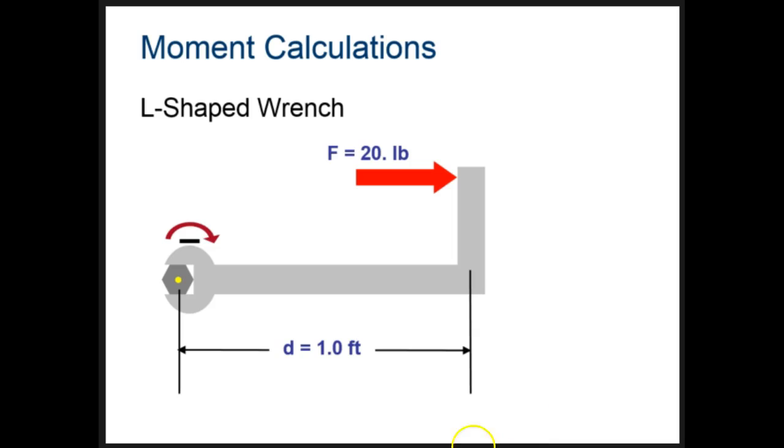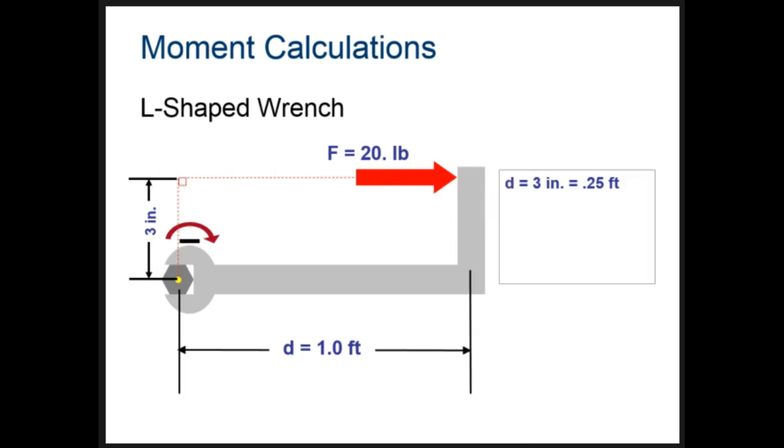20 times 1? What's wrong with that? Well, the problem is that those two are not perpendicular. We really need this distance. That's the distance that's perpendicular to this force. So really I need to convert the 3 inches over to 0.25 and then use my moment, force times distance, and getting negative 5 pounds of force. Again, this is in the positive